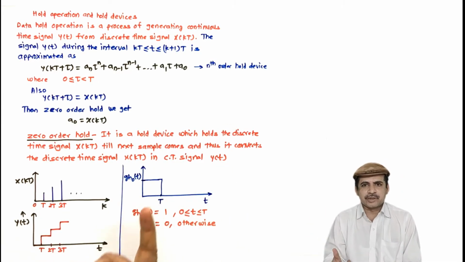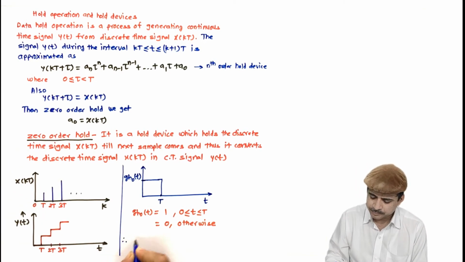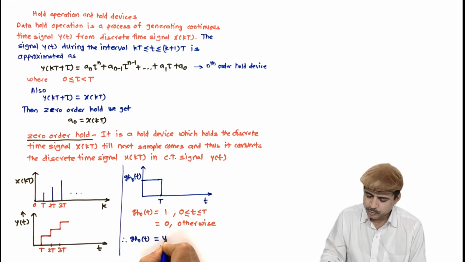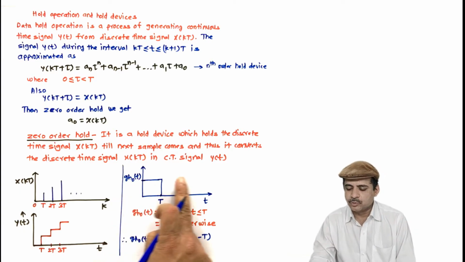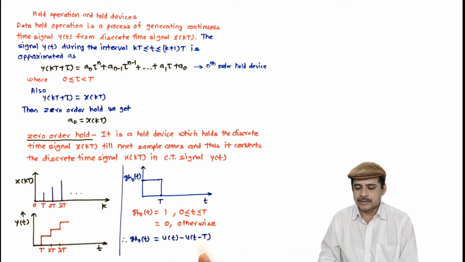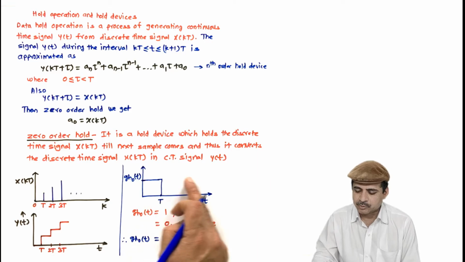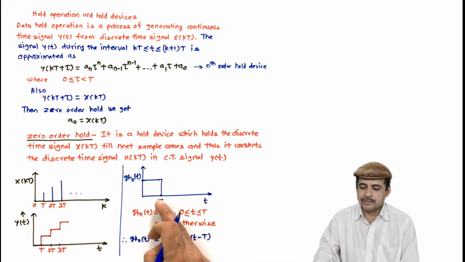So the same can be converted into the unit step functions as Gh0(t) equal to u(t) minus u(t minus T). So u(t) is the unit step signal, it will move till the end, and u(t minus T) is the delayed unit step with sampling T, delay time T, so it will be this one. So if I do the subtraction, this portion will be eliminated and this I will get.